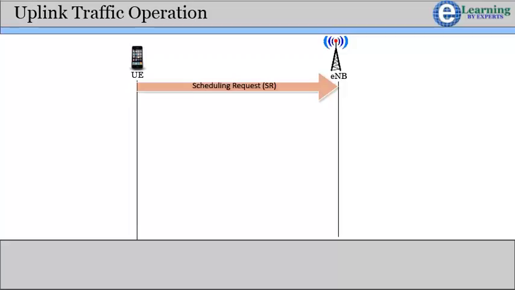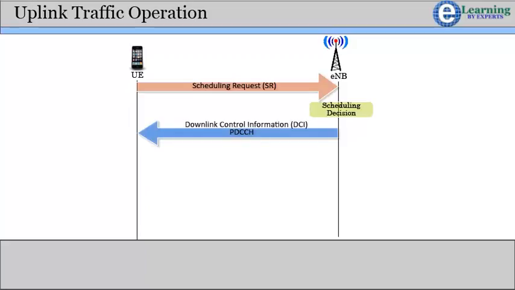After receiving the scheduling request, the eNB makes the scheduling decision based on various criteria and sends an uplink grant on the PDCCH using a DCI. The UE C-RNTI is encoded in the DCI to indicate who the allocation is for. The resource allocation information includes